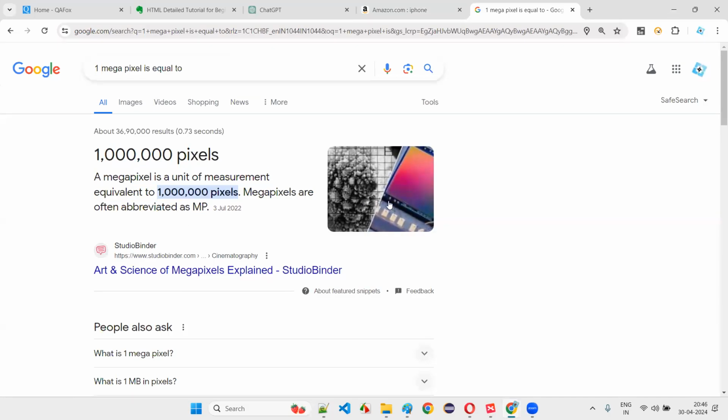That means if you have an image, 1 megapixel means in that image there are how many pixels? Some dots. All these dots combined will form an image, right? How many pixels will become a megapixel? 10 lakhs. So these 10 lakhs pixels in the defined area are there. That means the quality of the image will be good.